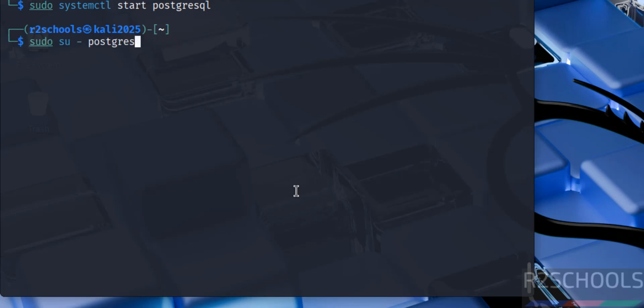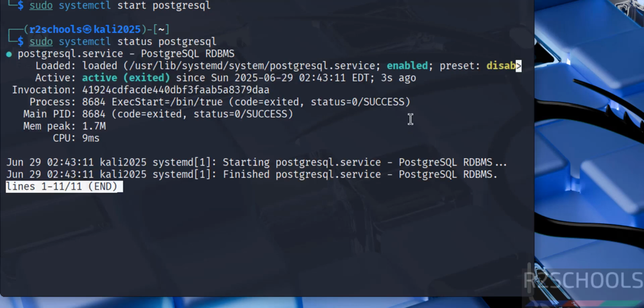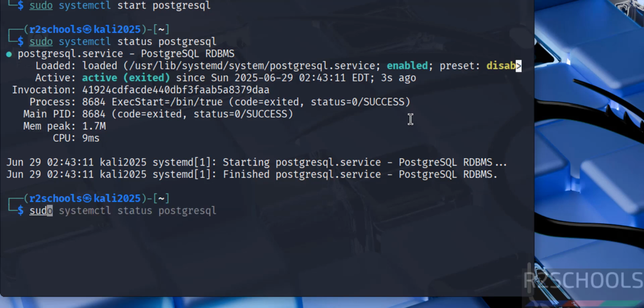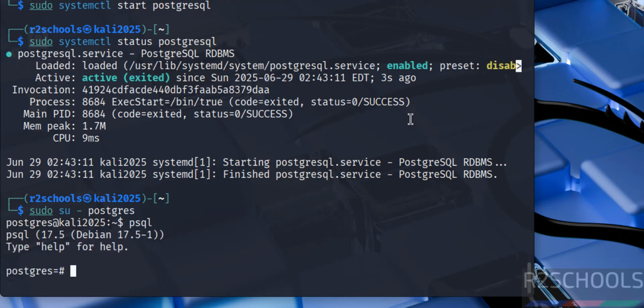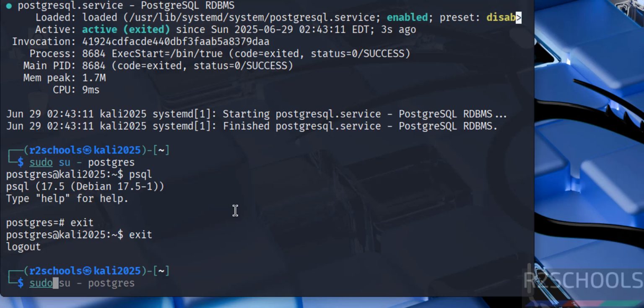Verify the status. See, the PostgreSQL server is started. Also try to connect to the PostgreSQL server. Sudo su - postgres, psql. See, we have successfully connected. Exit. Now restart. Sudo systemctl